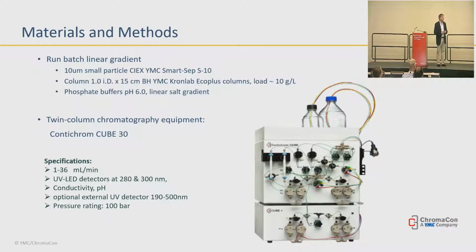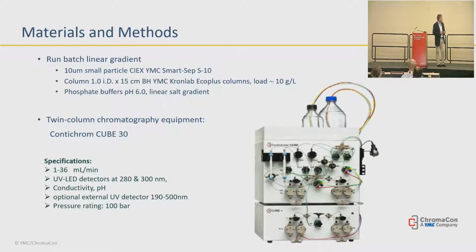They'll run at 100 bar, so you can use steel pre-packed columns at reasonable flows, or you could use glass hand-packed columns also. It works in almost any mode that you really want to run, if you want to run ion exchange or affinity or reverse phase. You can run normal phase, but you've got to be a little careful with the solvent choices for compatibility. Some of the initial seals are not compatible with straight normal phase materials,